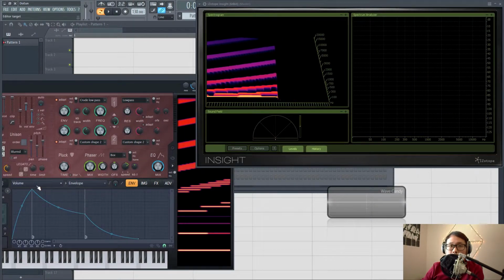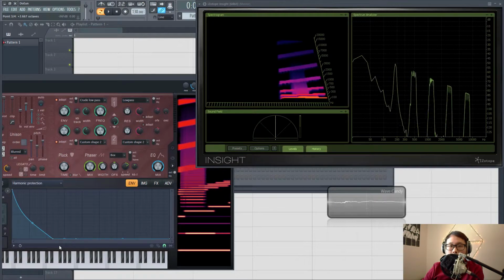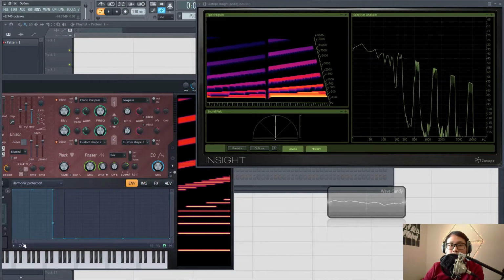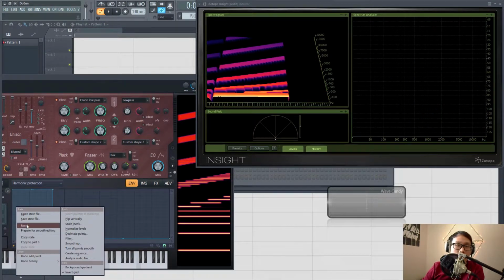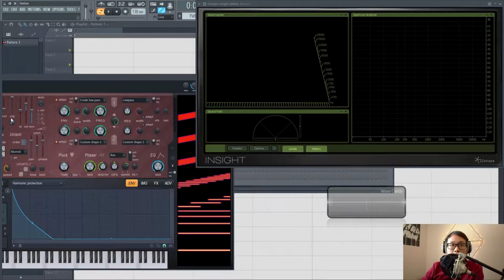Like I told you guys before, you could go under the hood, and if you go into harmonic protection, you could set which of the tones are going to be protected. So if you want the bottom tones to be like that, you could set it like that. Another way to not affect the fundamental frequency is to